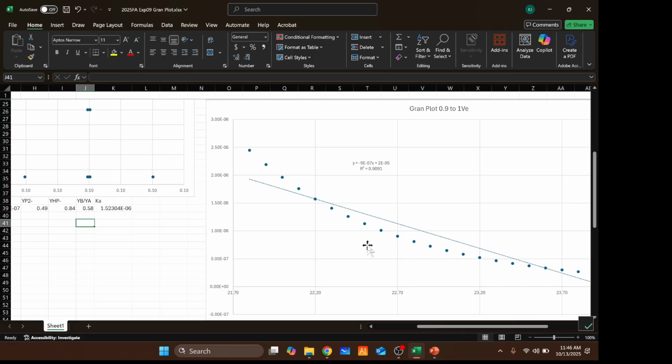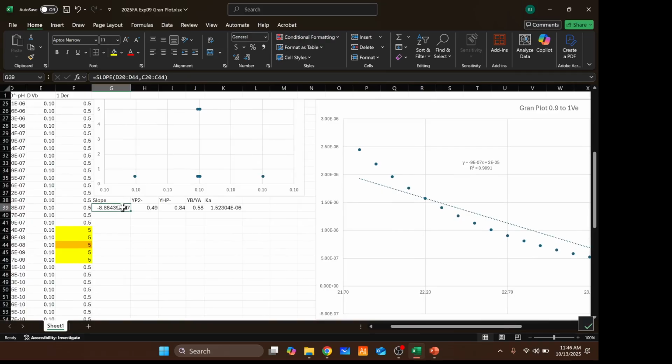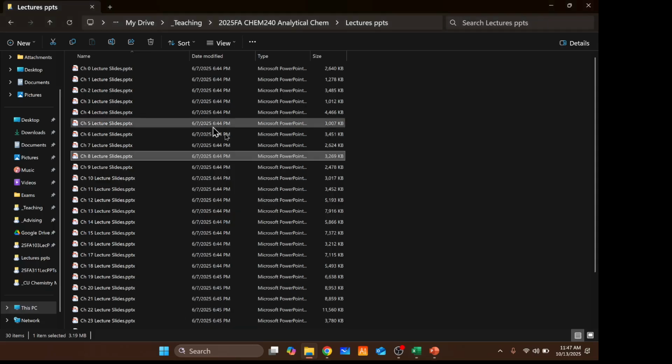Okay. Yep. And so then you'd have this formula here. You take your slope value. You need to get your gamma, your activities for both your species, your base and your conjugate acid species, or your acid and conjugate base species. You need to take the base form divided by the acid form for your activities. So if you look at your formula here,